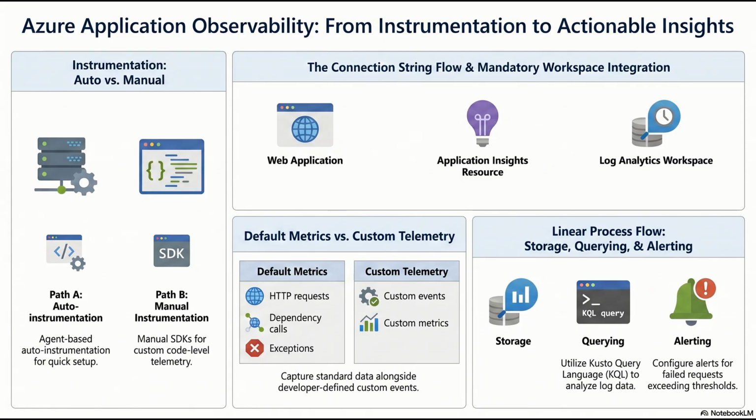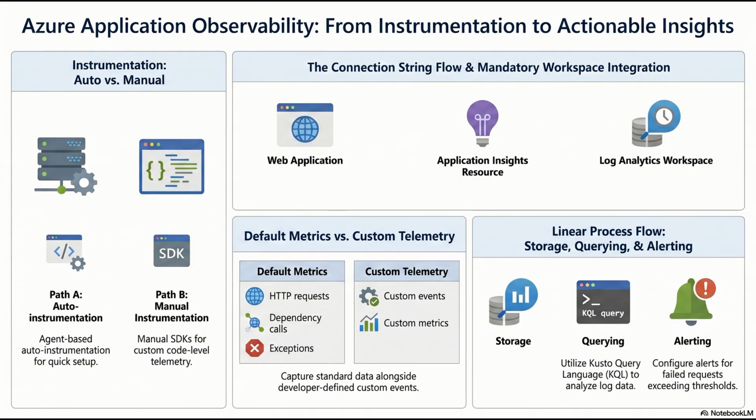An action group can trigger a webhook. And a webhook is just an HTTP payload, right? Yes. When the alert fires, Azure packages all the context, the resource name, the metric value, the timestamp, into a JSON payload and posts it to an external URL. What can I do with that? You can use webhooks to post the alert directly into a dedicated Slack channel or a Microsoft Teams channel, giving the engineering team immediate visibility in their collaboration tools. Furthermore, you can use secure webhooks to integrate directly with IT service management tools like ServiceNow, automatically opening, populating, and assigning an incident ticket without a human ever touching a keyboard.